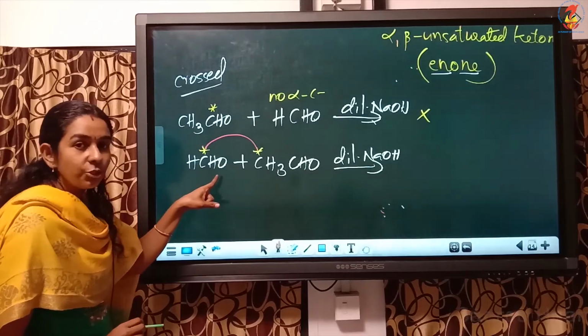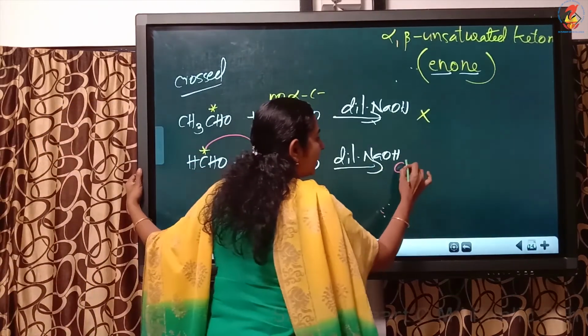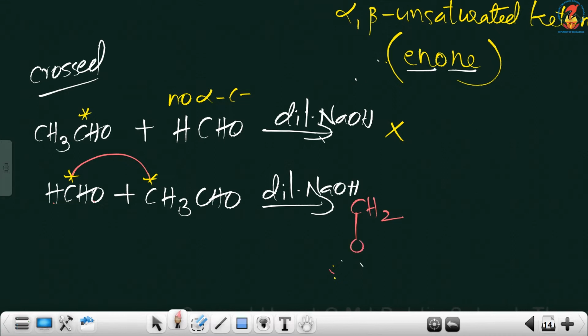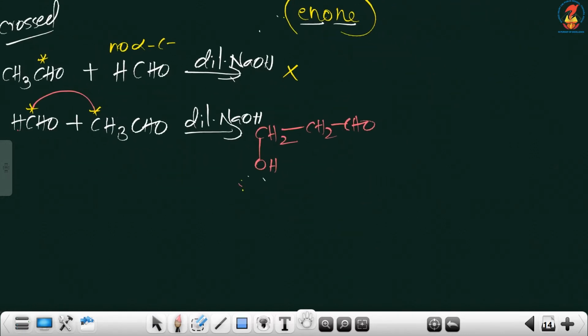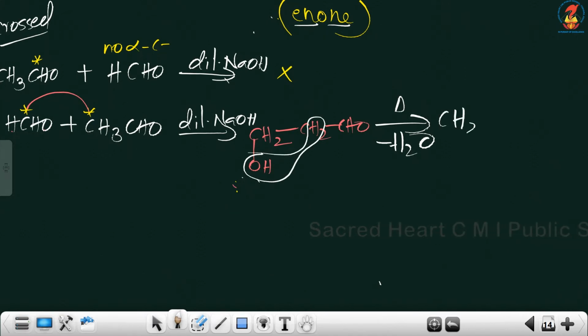So tell me how the product will be. Convert this O into OH. So here we have one hydrogen, two hydrogen. This we can write as CH2. O will become OH. Now connect this carbon to this carbon using a single bond. CH3 will become CH2, CHO. Okay. Then on condensation, minus H2O, OH from this carbon, and here there is only one adjacent carbon, and we are getting CH2 double bond CH, CHO.